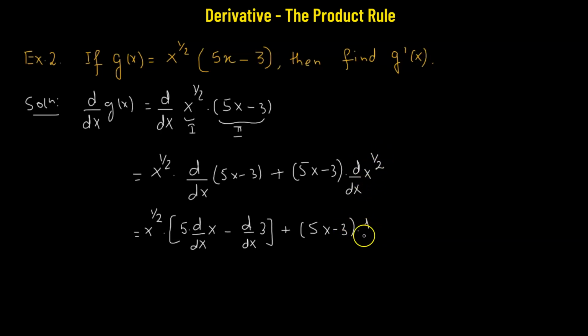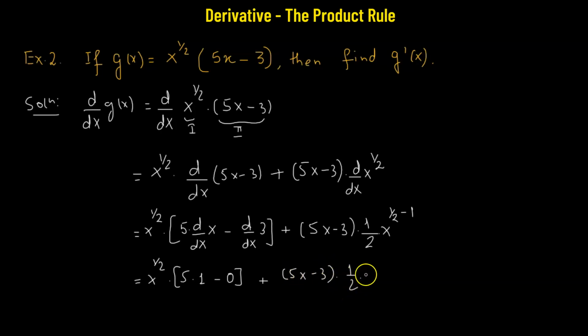So we'll use the power rule. So that is simply half multiplied to x raised to the power of half minus 1. So this gives us x raised to the power of half times 5, the derivative of x with respect to x. So that's simply 1, minus derivative of a constant is always 0, plus 5x minus 3